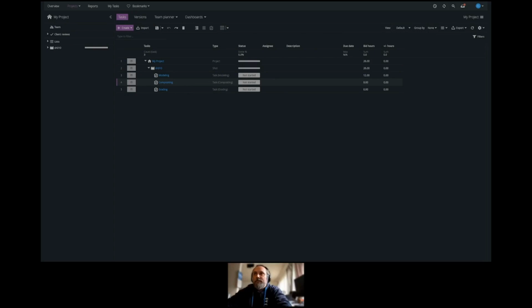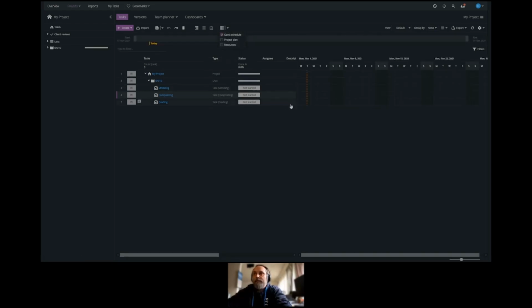So within the task spreadsheet view, we can organize our information, our data, in a couple of different ways. A very useful tool is the Gantt Scheduler, which is shown here on the upper portion of the screen. We're going to enable the Gantt Scheduler as such. It's going to create a split view. And when we want to create a task, we simply left click and drag on the Gantt Scheduler